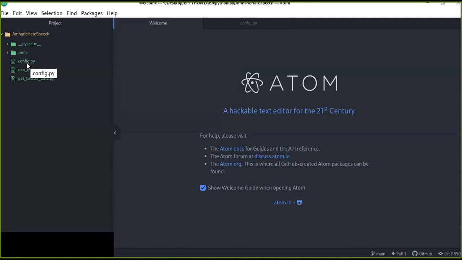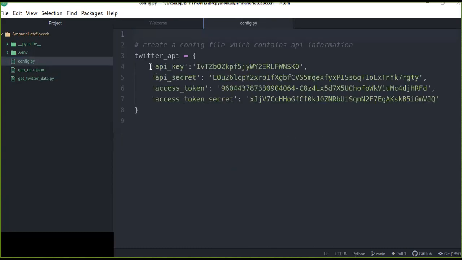In this tutorial, I created a config file which contains all the API information: API key, API secret, access token, and access token secret. Those are very useful. It is better to create a separate config file to isolate the API information from your Python code, because anytime you may update your